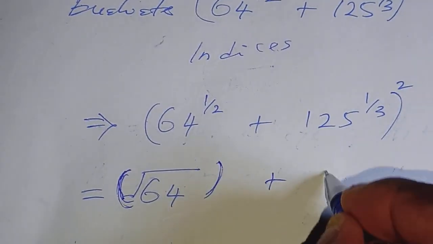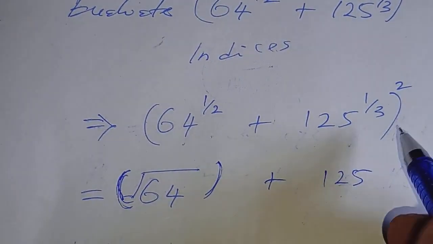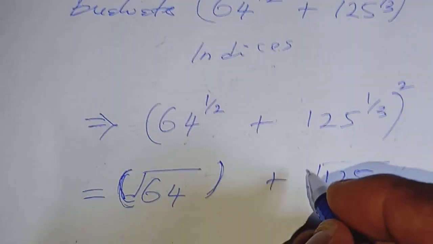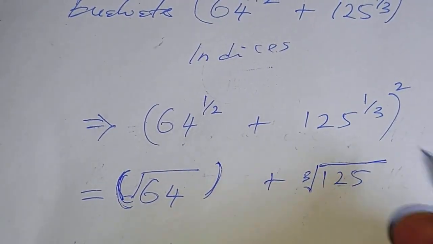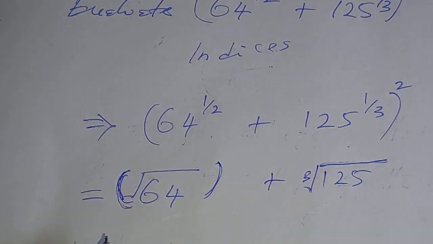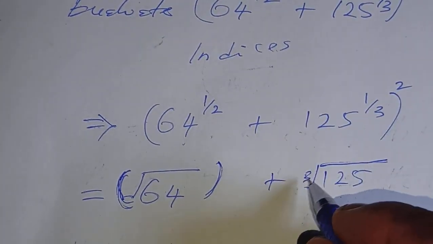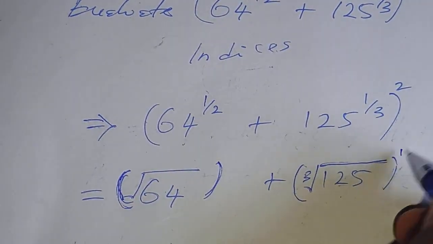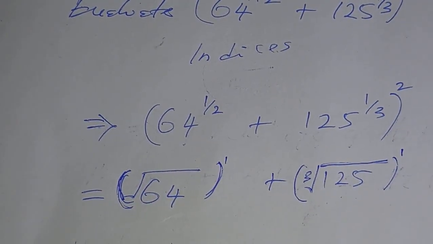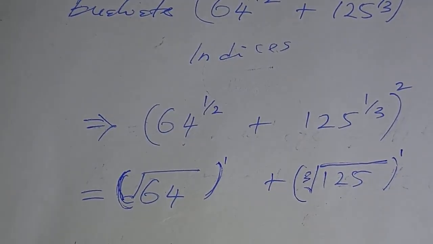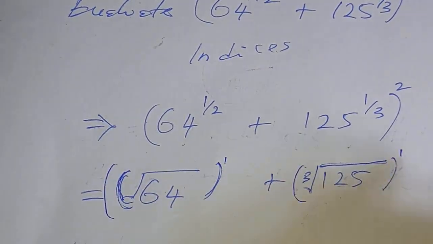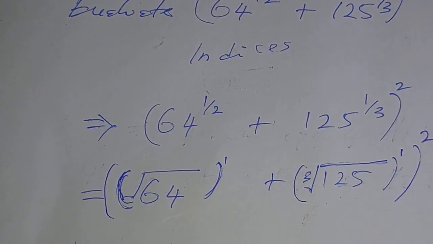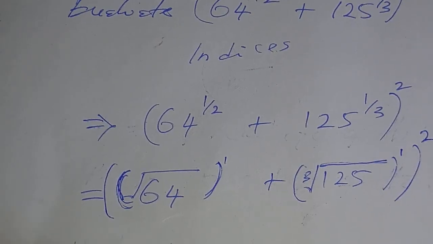125. So write 125 first, and then the law comes in again. It will be the third root of 125. Square root we don't write because the sign is already a square root, but from third up, we'll write the third root of 125, all raised to power 1. Let me put the 1 there just for the purpose of explanation, but normally there's no need to do that. And then we say that all this is raised to power 2, whatever we get there. So having done that now, we continue